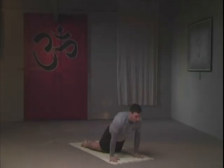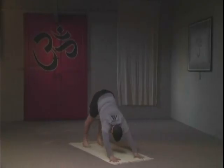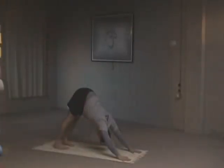And now we'll turn it around to a downward facing dog position. You're going to tuck the chin into the chest. Straighten your arms. Flatten your lower back. And this time you want to put a little bit more weight into the heels. If your heels don't go back, it's okay. If they do go on the ground, you want to press a lot of weight on those heels, keeping the